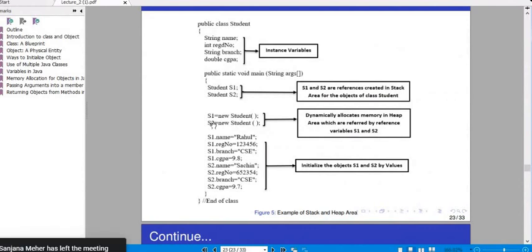So the JVM provides default values once the memory is allocated for the data members of the object in the heap area. The default value for a string is null. The default value for an integer is 0. The default value for a double is 0.0. Is it clear? Yes, sir. So if I do not provide any initial values, they will be initialized with the default values.